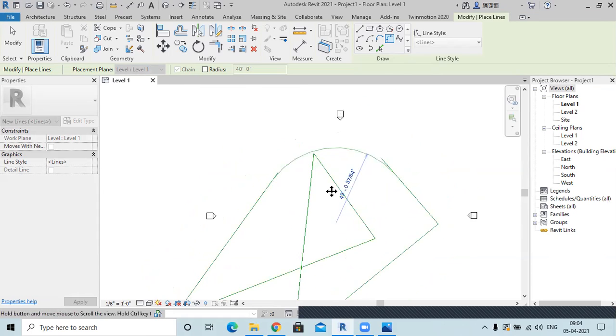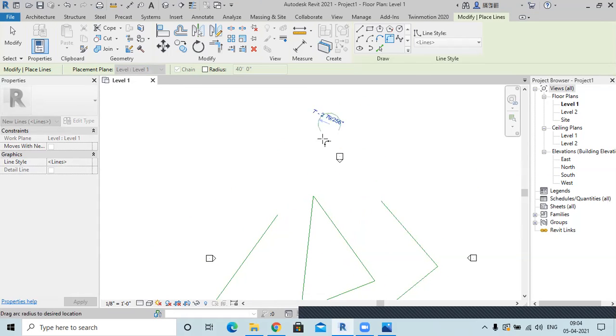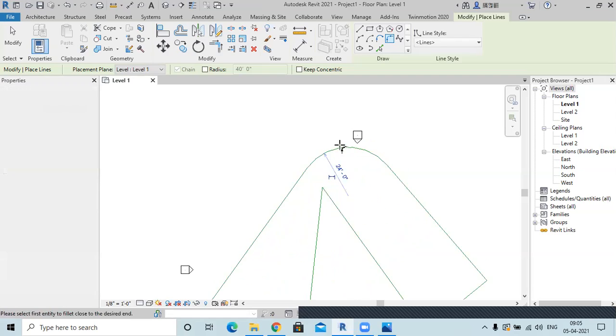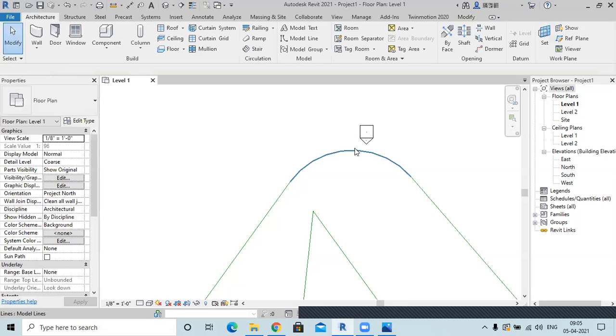So now if I create a fillet arc here, maybe at this point, you can see this arc is not touching both the lines which I have selected, but whenever I click, it will automatically draw two lines like this. Okay, so this is a fillet arc. This is also very important. You'll know where to use it.